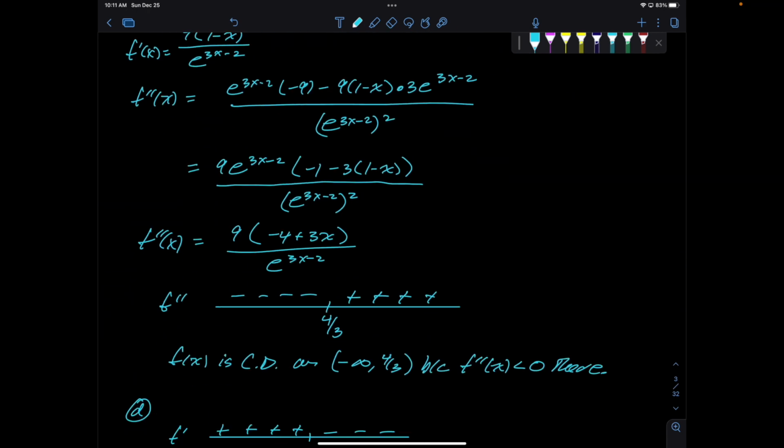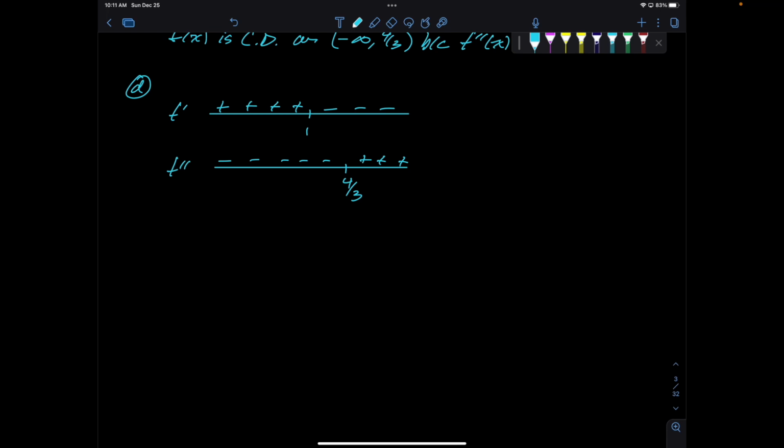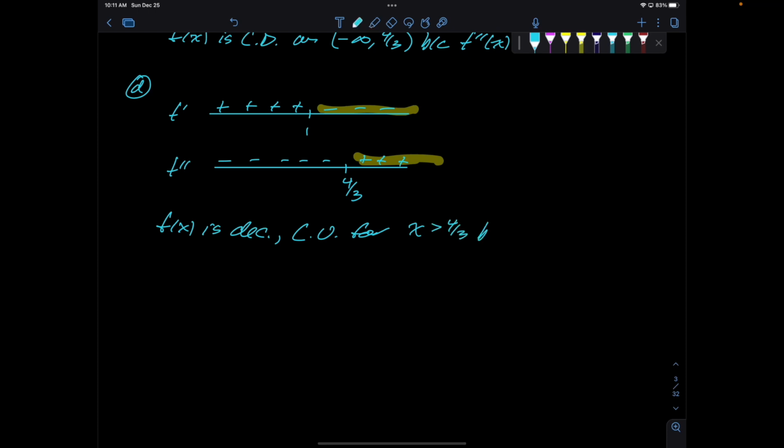Decreasing concave up. So we will say f of x is decreasing concave up for x. So we want decreasing, which is like all of this, concave up, which is all of this. So we got to go past 4/3. So for x greater than 4/3, and our reason is because f prime of x is less than 0,